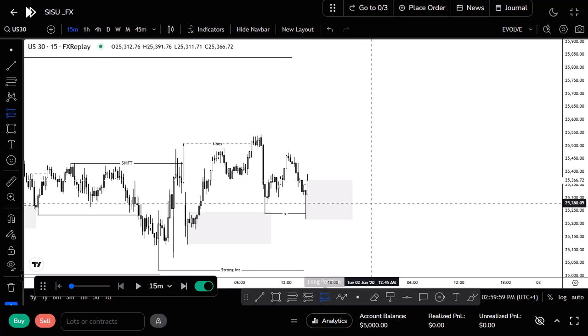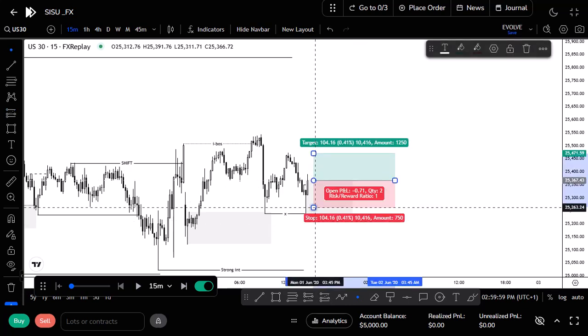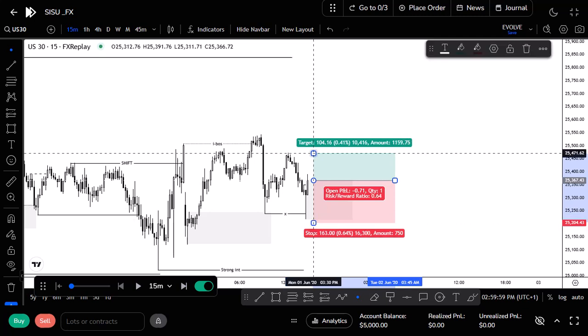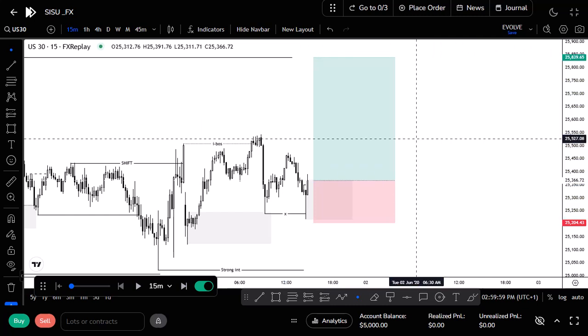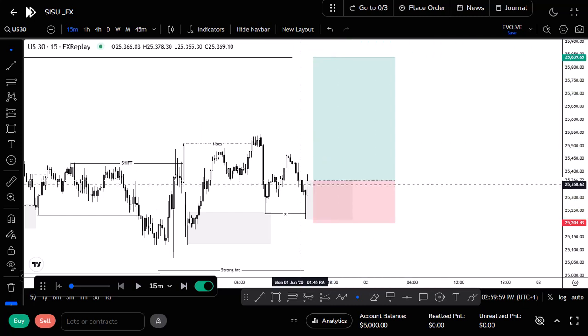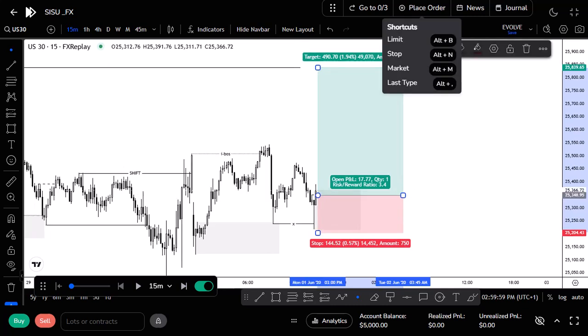Right? So I'm placing my order here and my stops below this candlestick, and I'm targeting this high. I have another problem. This is also a red flag for me, so I will try to adjust my tools to somewhere around here so I can get a 3R trade. So this will be my entry. Now let's place the limit order.